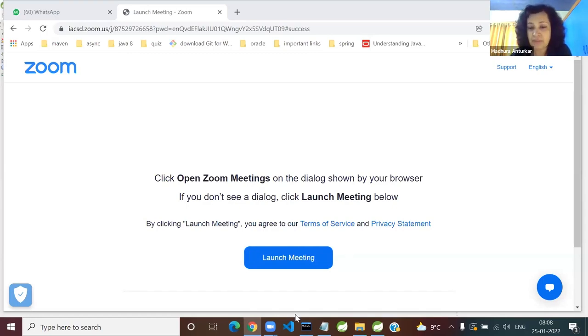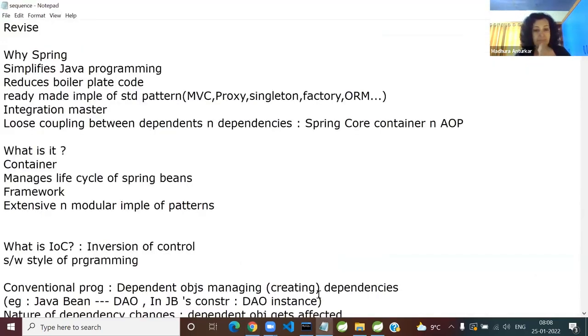So let me just open today's sequence before I start with the revision and take you to Spring Framework. Tell me, yesterday it was a bit hectic. Was that what I was showing you towards the end of the lab session? Has everyone tried the integration of a web application with Maven and Hibernate? At least, I'm not saying the complete thing, but at least the login part, the authentication part.